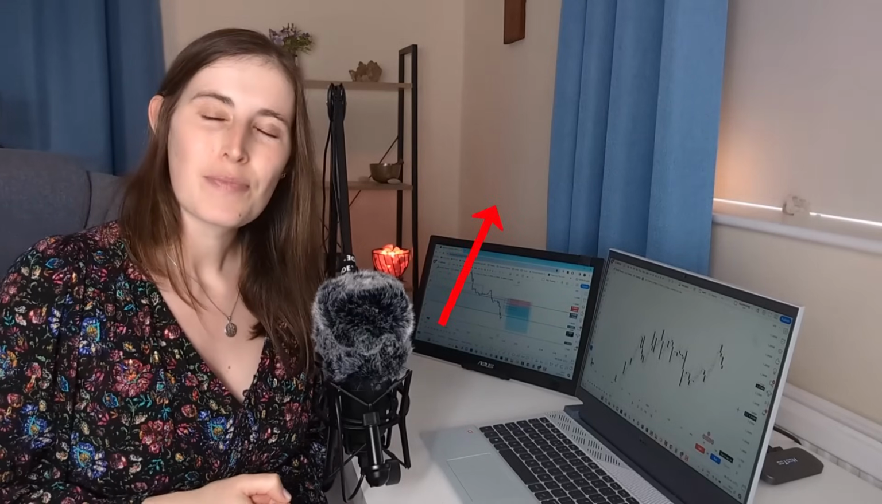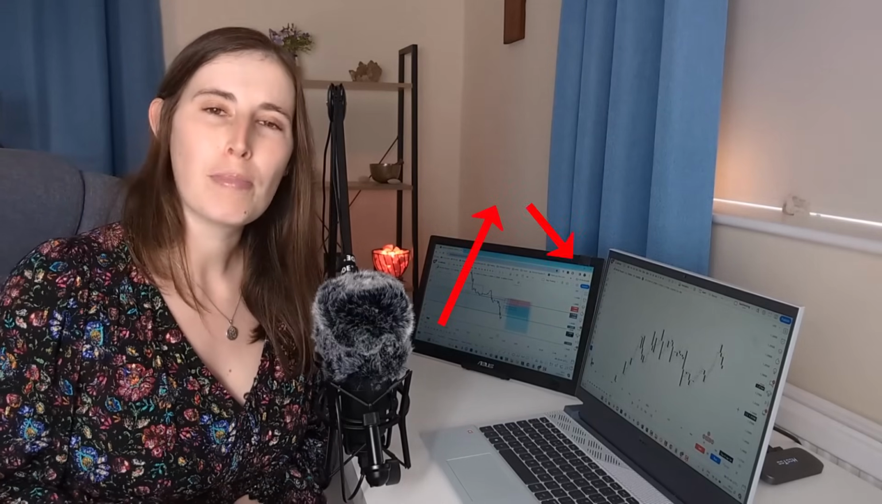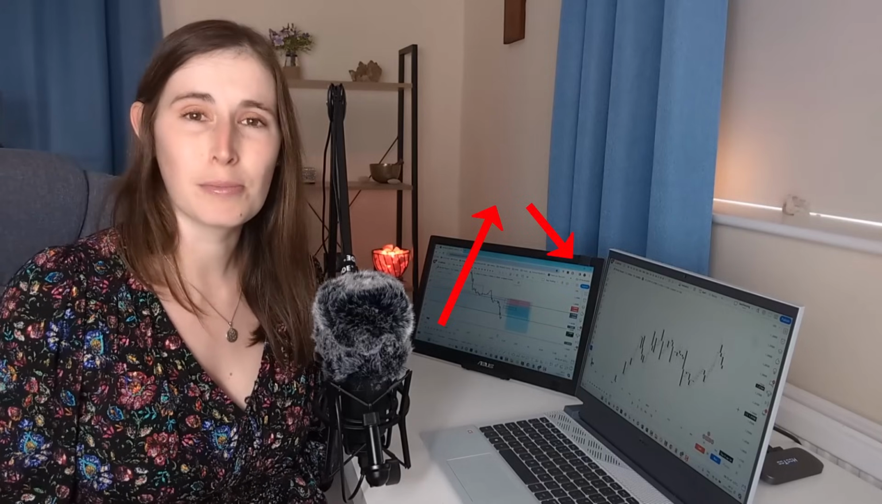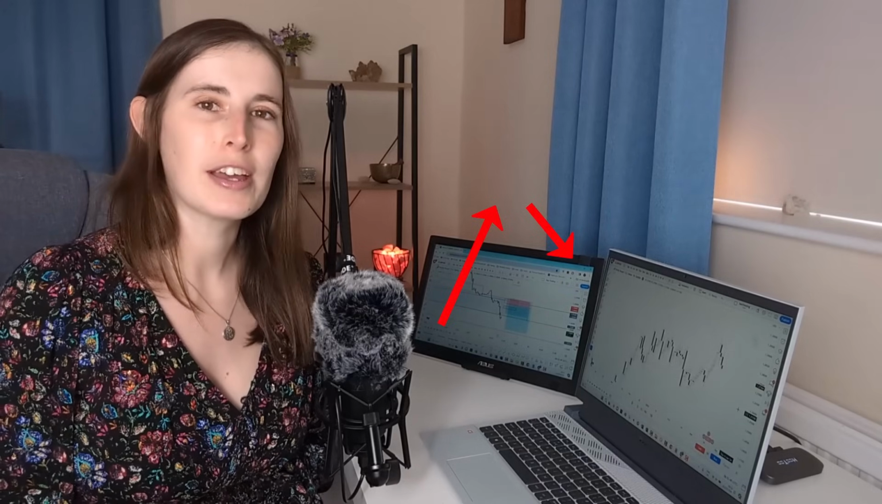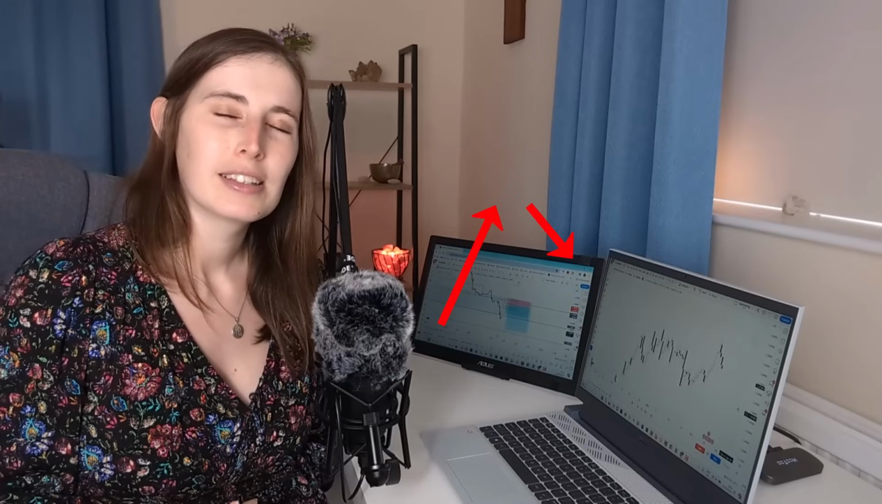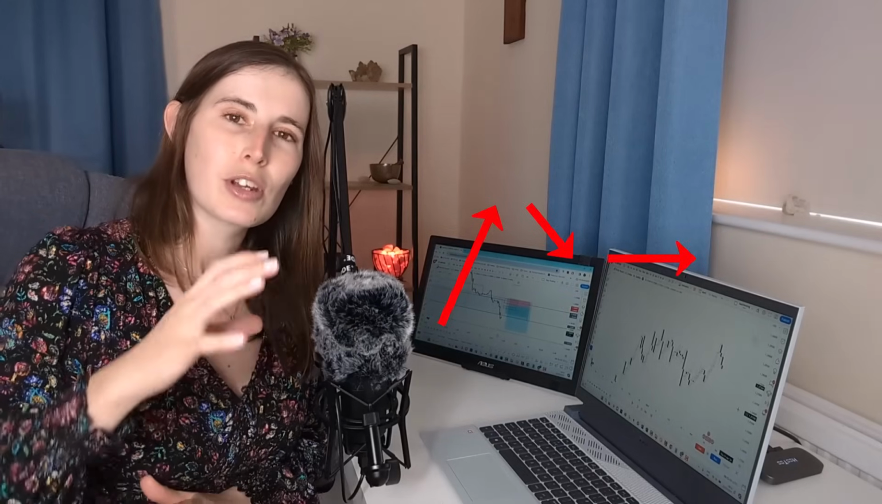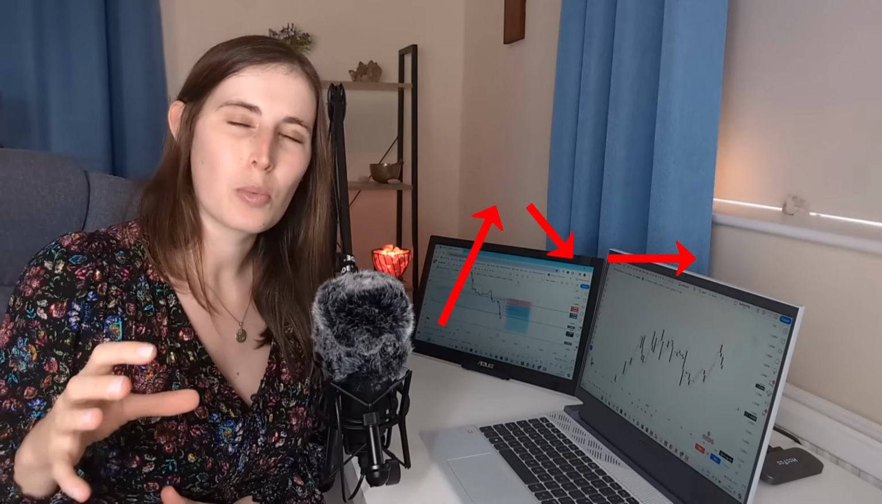For example, if the market is in an uptrend, there will be, of course, the uptrend. Then the market may decide to pull back. It always has to pull back at some point. It can't just keep on going up forever. And then once it's pulled back, there will usually be a range, a choppy period of indecision where